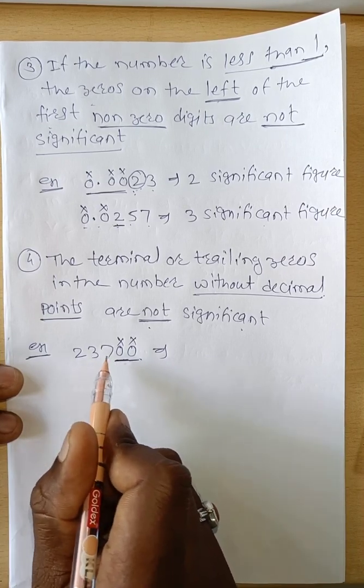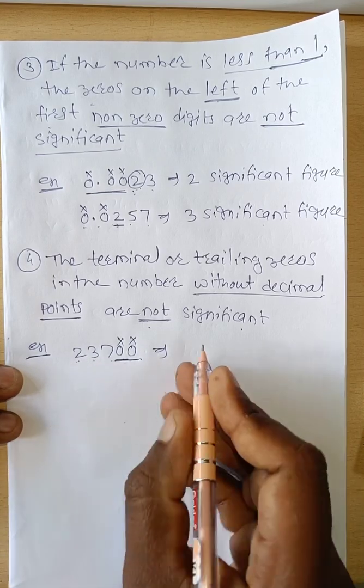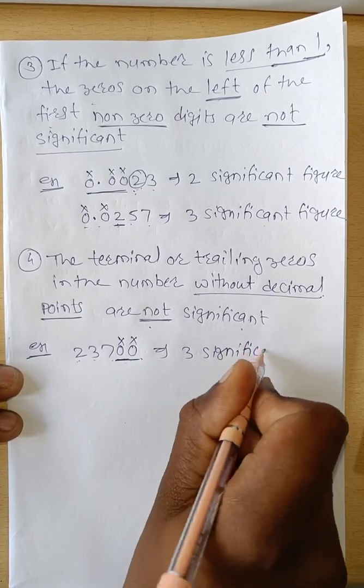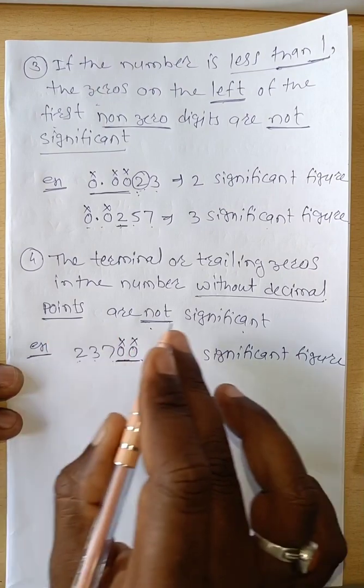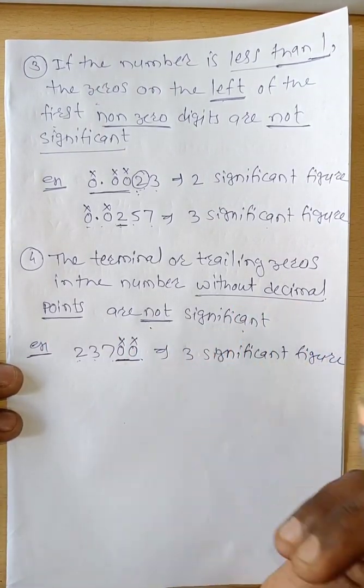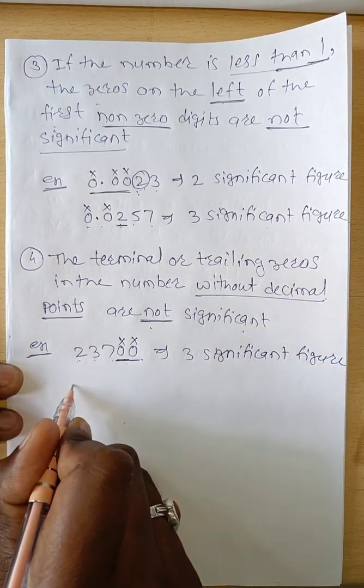In that case, this number has only 3 significant figures: 2, 3, 7. If the number is without a decimal point, then trailing zeros are not significant. Now next example,